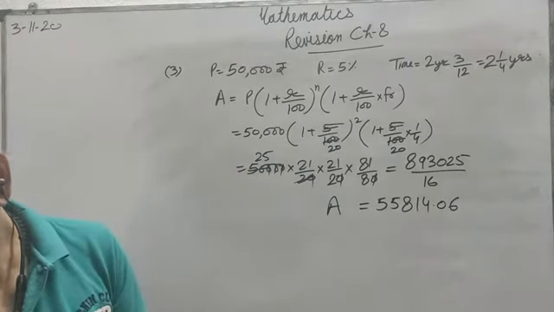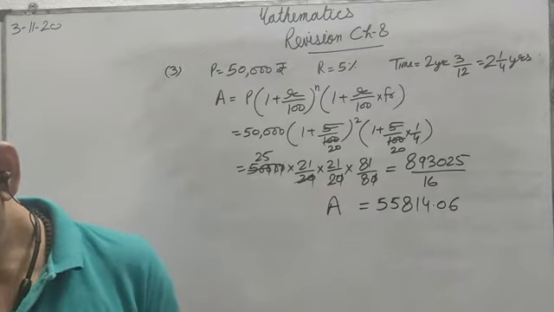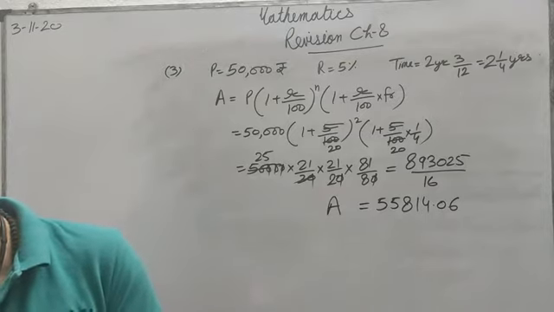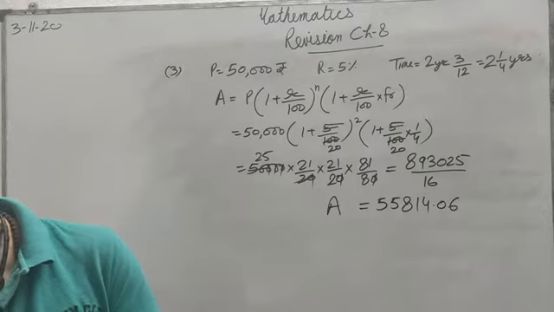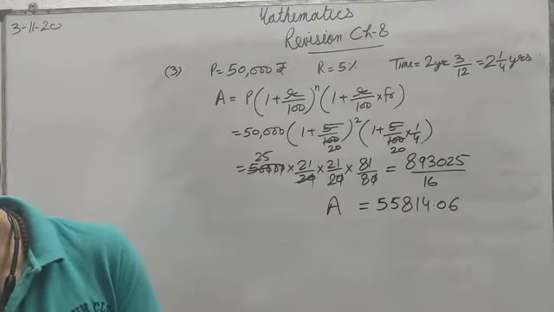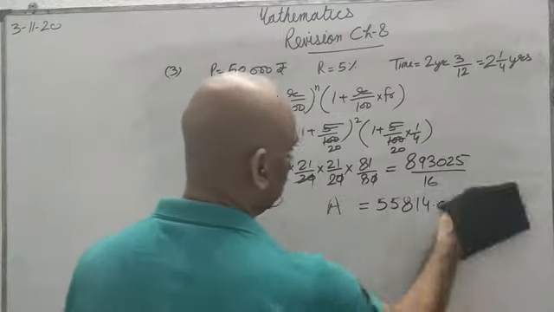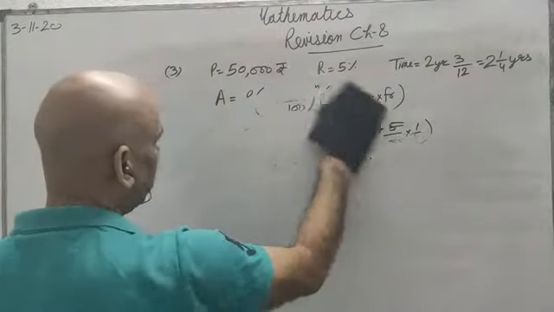Now what was question number 4? A mobile and a laptop are sold for 10,000 each. If on mobile there is a loss of 10% and on laptop there is a profit of 10%, find his overall gain or loss. So what is appearing? There will be gain or loss or not?